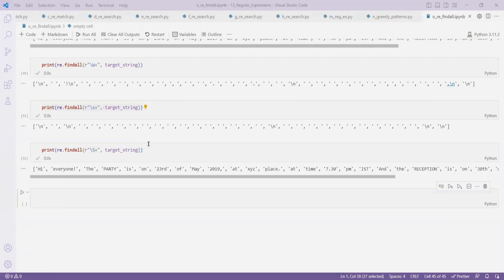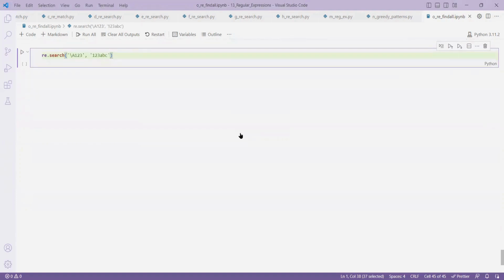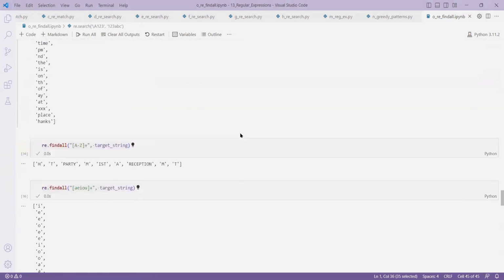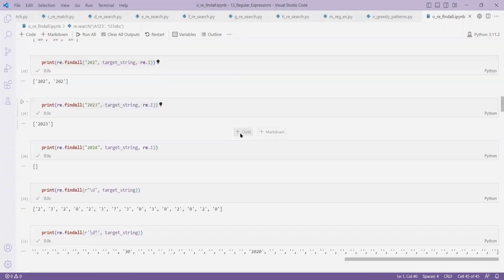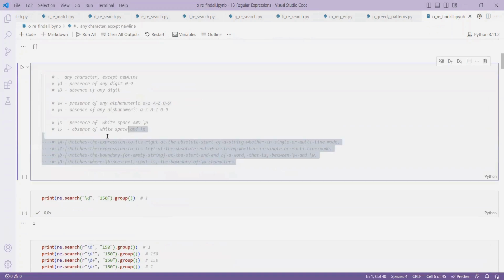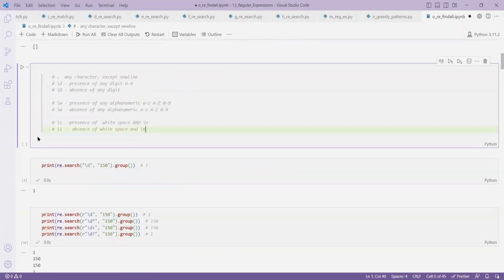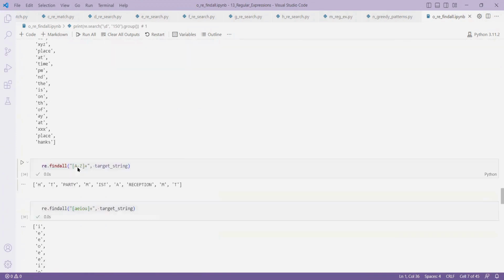In the same fashion, what if I give this one? Now you should tell me. What if I give like this? What will happen? This is like \A and \Z, I told. You remember, here I told there were two patterns, like \A and \Z, right? We discussed too many things. So here I told there were two patterns. If I go again here, you'll understand. What is it that I told here? If I go to these patterns,